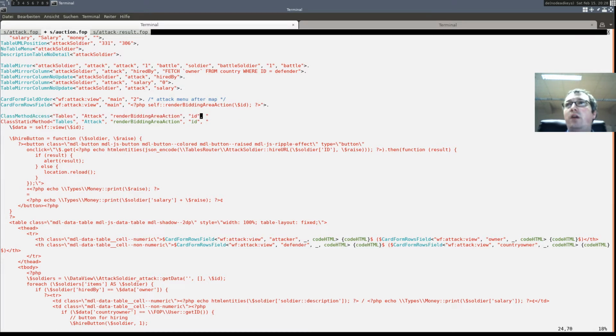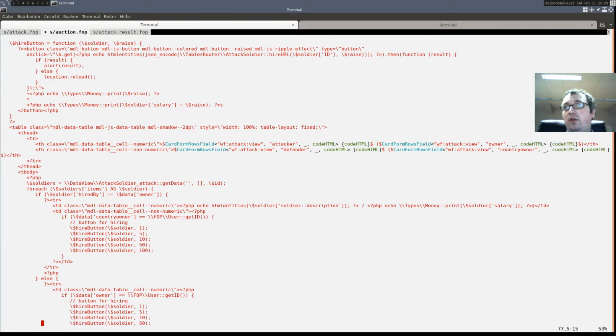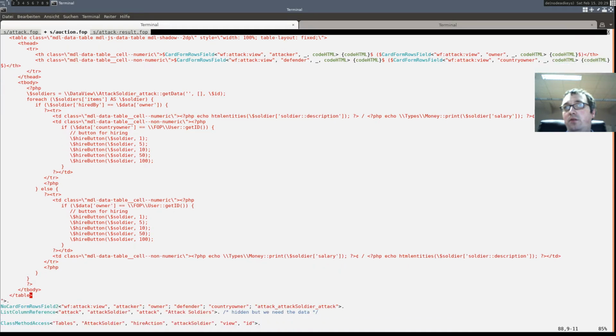Render bidding area can call whoever is able to view this attack, because we also add the ID. Attack view, attack get data, so on table, and close the PHP tag again.